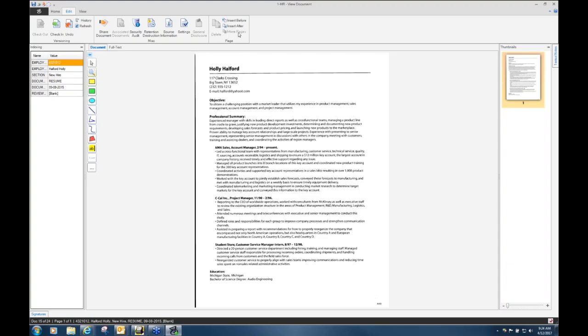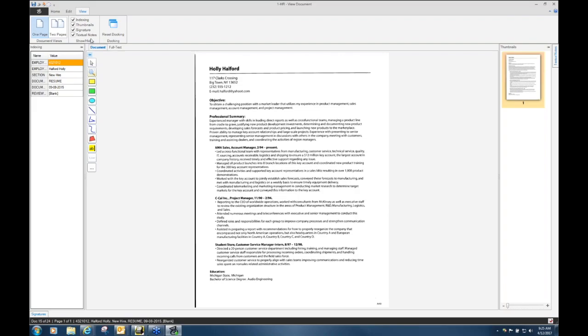Now, move pages is grayed out because I only have one page in this document. So that tells me right down here that this is page 1 of 1. So once again, it's a little bit different, but it's actually easier to find because it tells you right here on this ribbon. The third tab is you can display 1 or 2 pages. Now, I only have 1 page in this document. I should change to a multi-page. But if I said display 2 pages at once, it would move this page over and open the next page